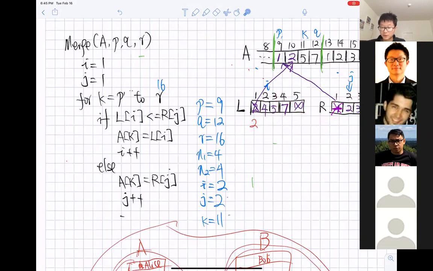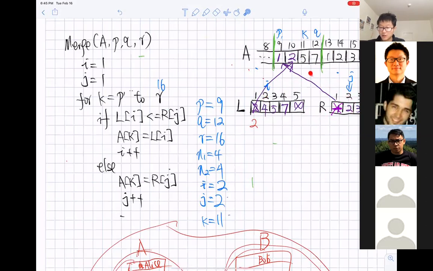Basically we're going to compare Li with Rj. Whichever is smaller goes to AK, and then we increase the index correspondingly. So next, we compare Li with Rj. Which one is smaller? Rj.